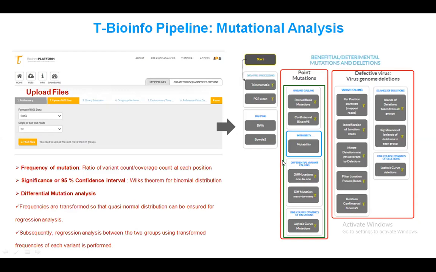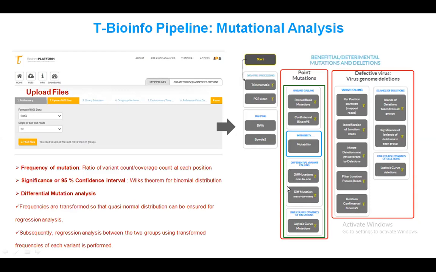If you want to check for differential mutation analysis, there are different tools available to perform it. It could be diff mutation one-to-one, or diff mutation many-to-many.